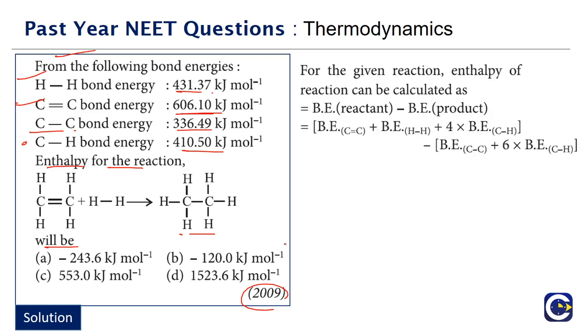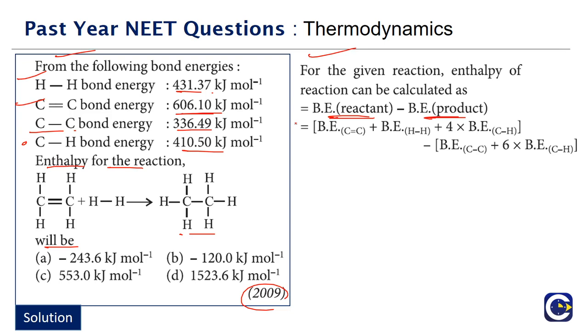So the relation is, for any given chemical reaction, the enthalpy change will be equal to the bond energy of the reactants minus bond energy of the products. It is not bond energy of product minus reactant. It is bond energy of the reactant minus product. If we get this one wrong, the final answer also we may end up getting it wrong. Now we have the formula. Enthalpy change of the chemical reaction is equal to bond energy of the reactant minus bond energy of the product.